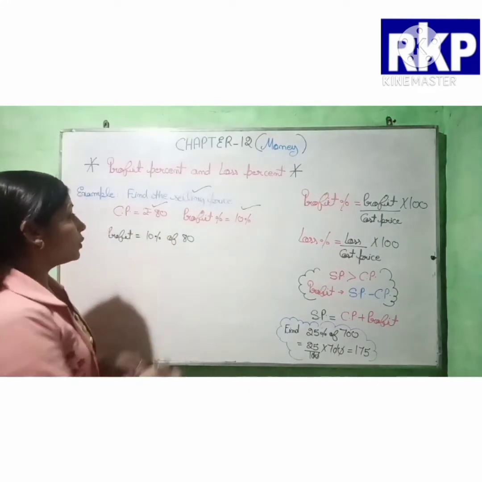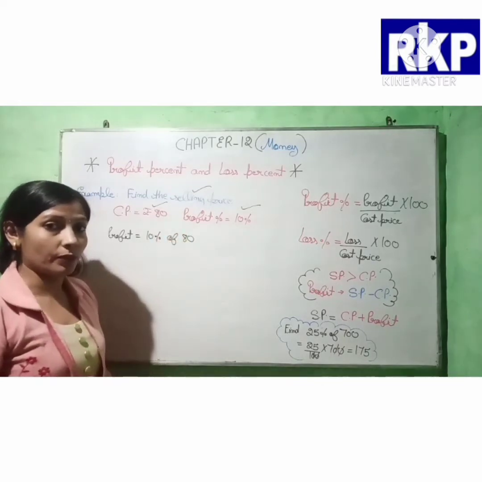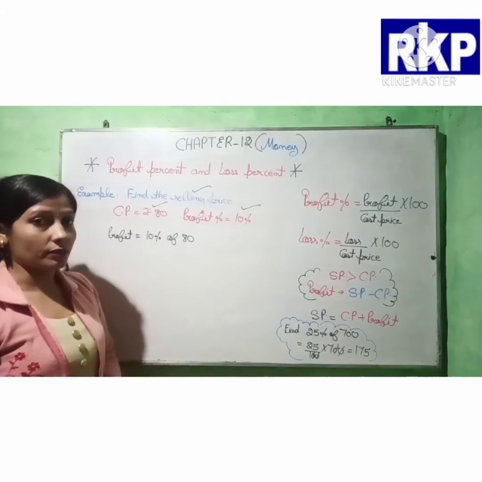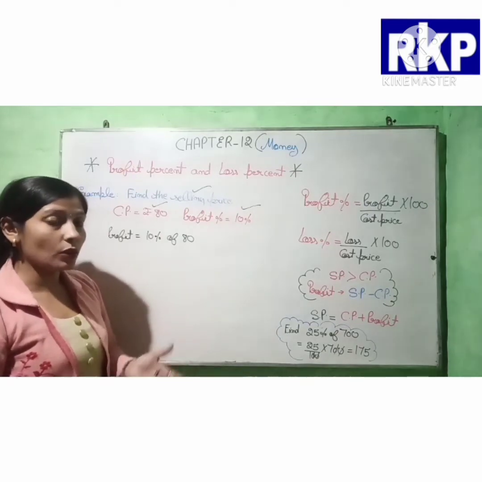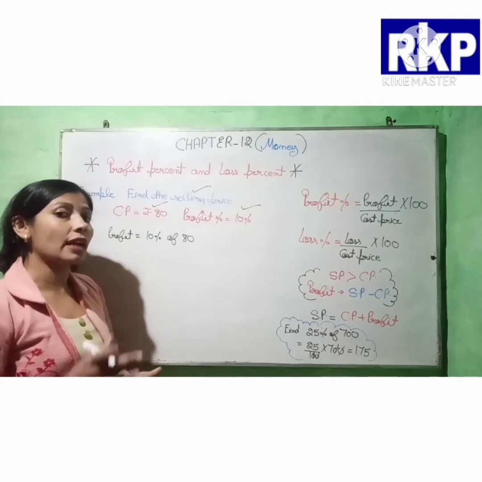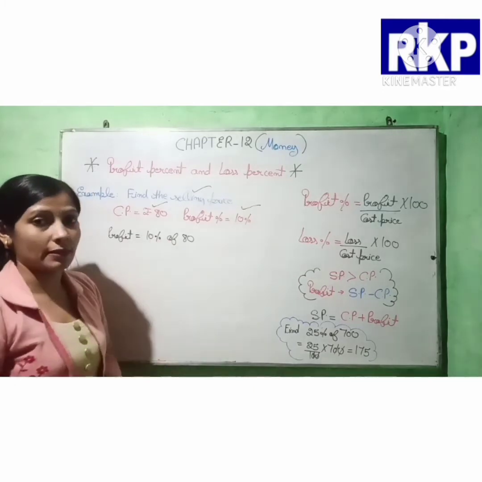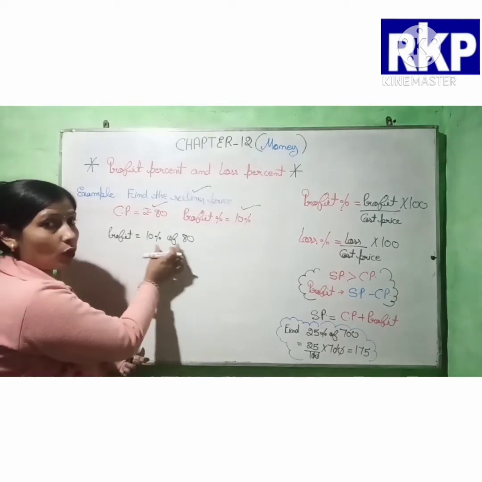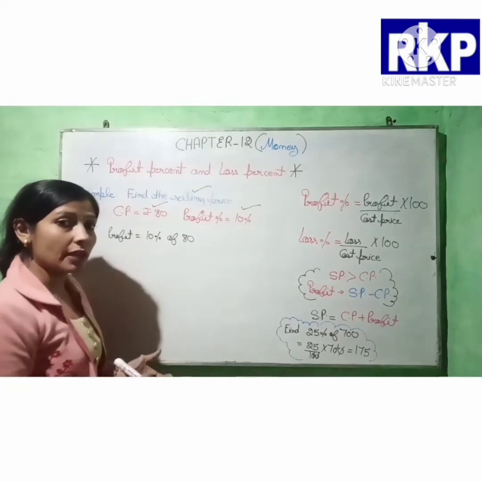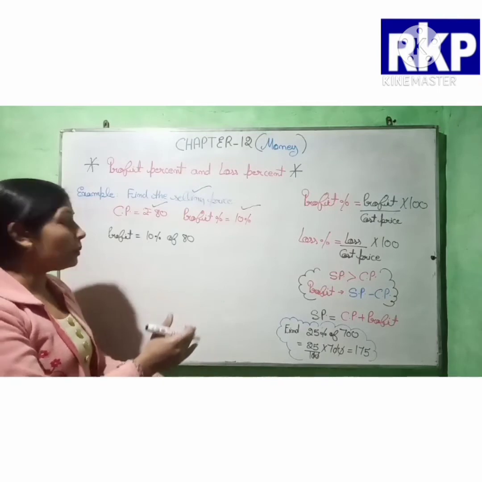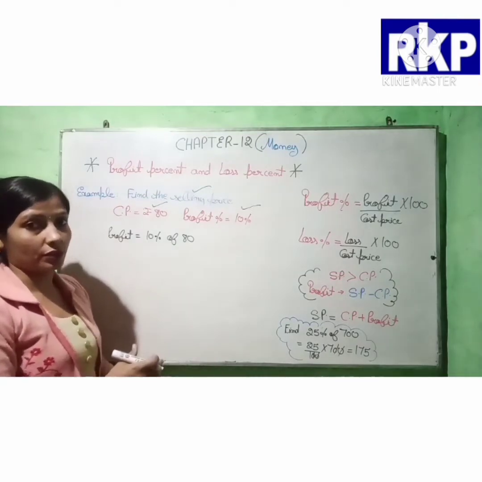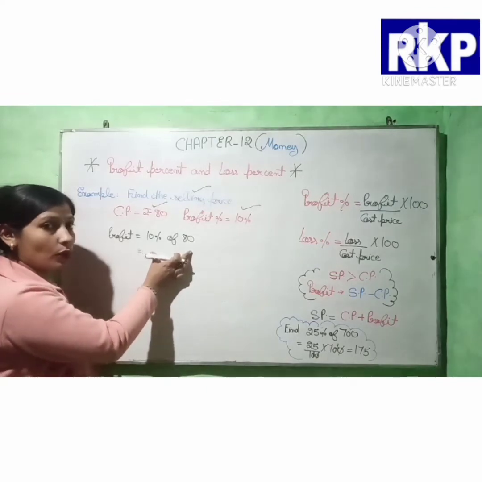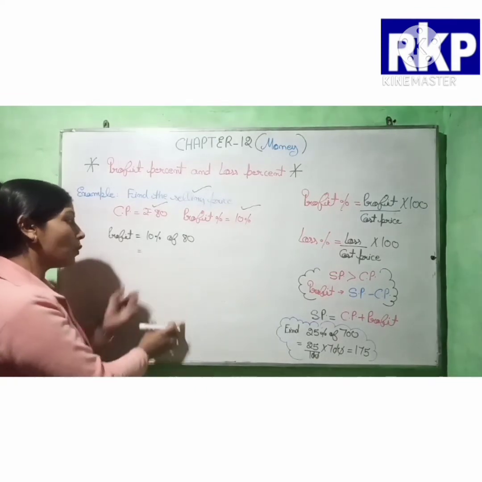Okay, जो हमारा प्रॉफिट होगा वो किसके अकॉर्डिंग होगा बेटा? कॉस्ट प्राइस के अकॉर्डिंग. ठीक है, प्रॉफिट परसेंट और लॉस परसेंट इज ऑलवेज कैलकुलेटेड ऑन कॉस्ट प्राइस. So here we have to find out 10% of 80. 10% of 80 will be our actual profit. So here first of all we have to solve it. And how can we solve it?